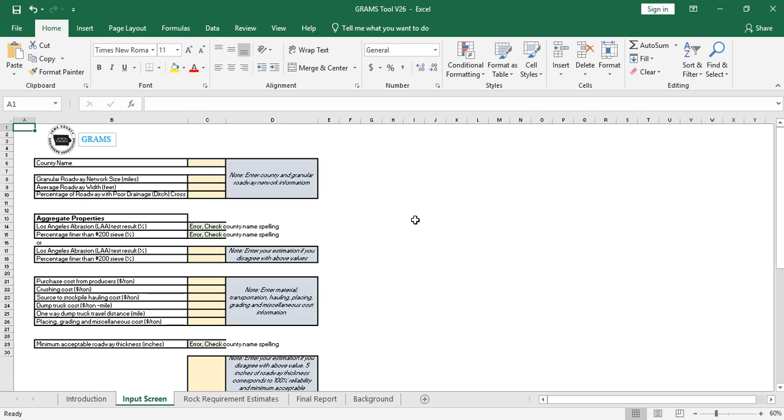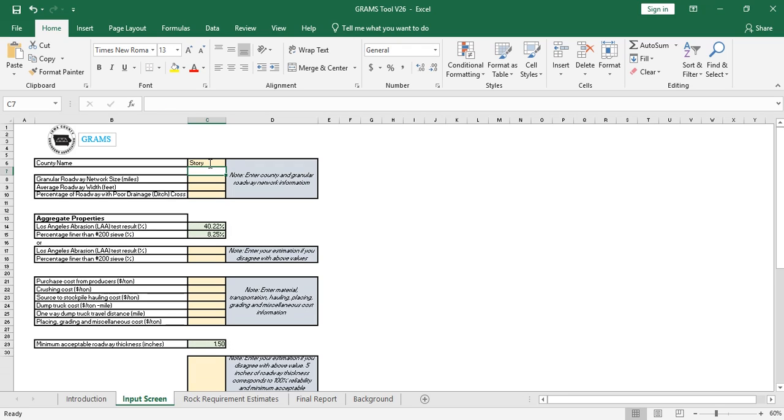This is the input screen of the GRAMS tool. We have to put in a couple of pieces of information such as county name, roadway information, and cost information. As we can see, it already is showing some error messages here and here. When we put in a county name, this error message will disappear. We're going to put Story County,